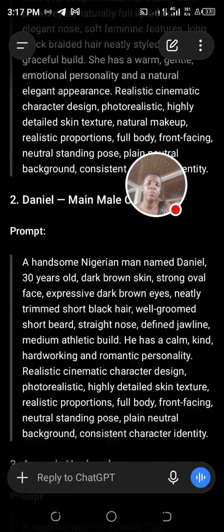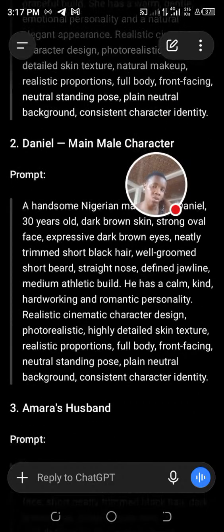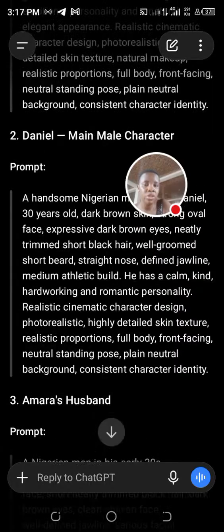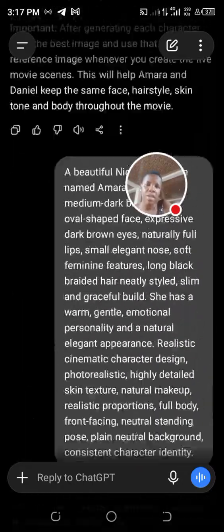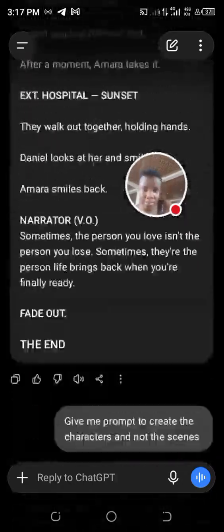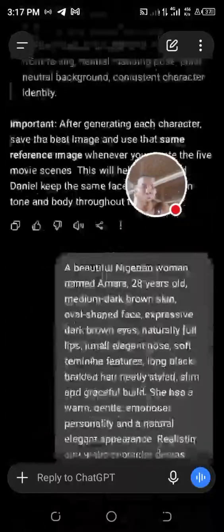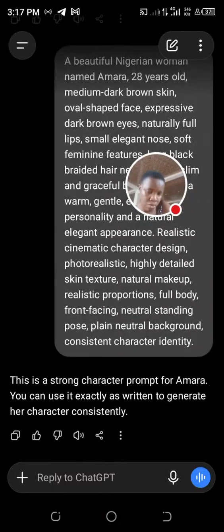So the second prompt, we'll come here and copy it. You go back to Gemini, paste it, and it will create the picture for you. But if you still have the opportunity to create images in ChatGPT, just paste it there and it will create it for you. All right, that is that for that. Then the number one free app we're going to use to create our video